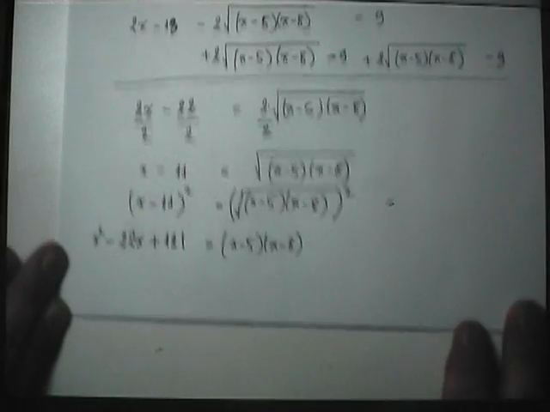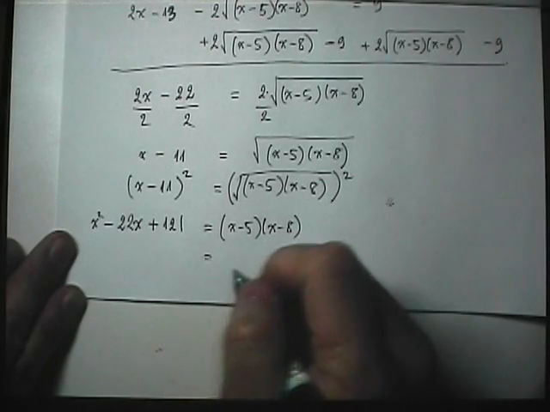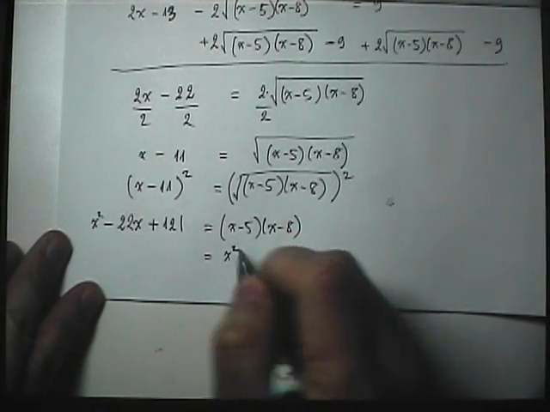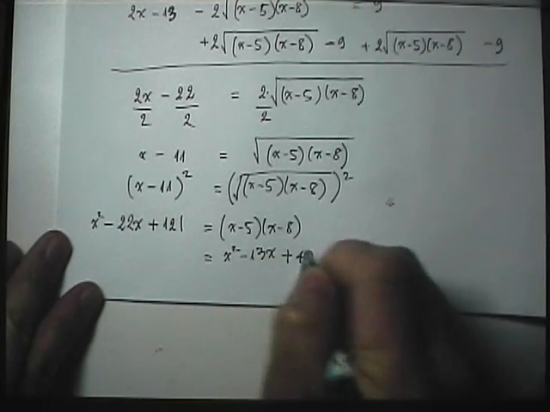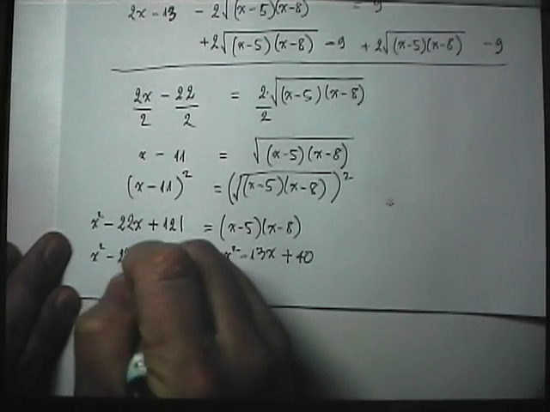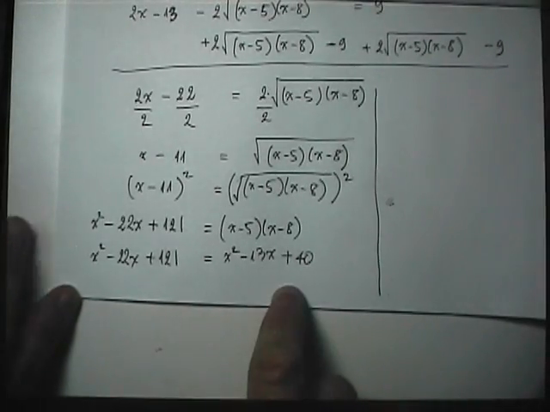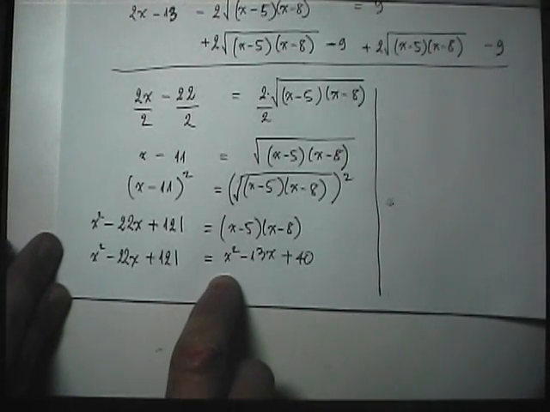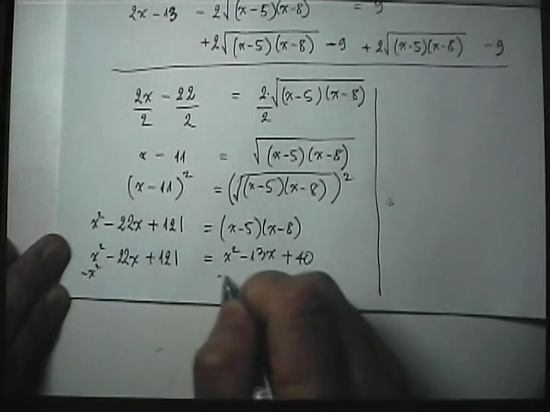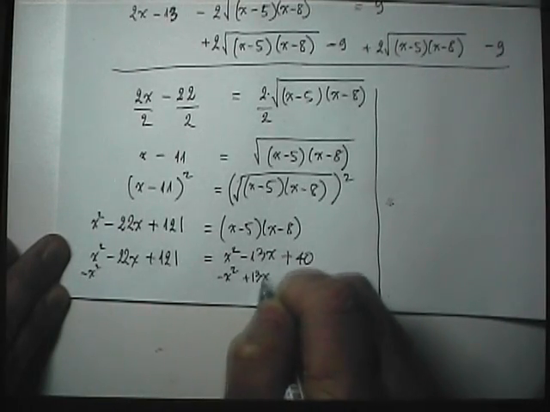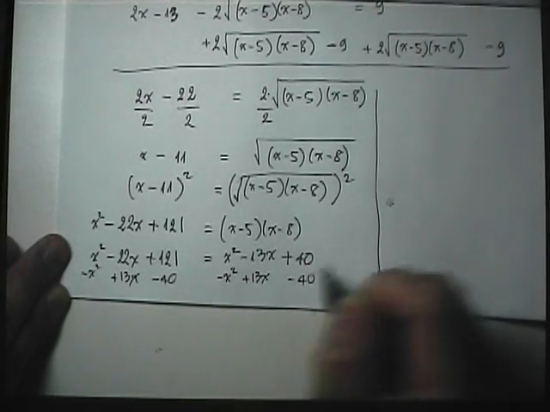That's how you FOIL. Now allow me to move fast on that one. And then the right hand side, you can go ahead and FOIL as well, and that gives me x squared minus 13x plus 40. On the left you've got x squared minus 22x plus 121. So now on the two sides of the equation, you can start looking for like terms and add and subtract like terms. I can subtract the x squared away, I can add 13x to both sides, and I can subtract 40 away from both sides. And that leaves me